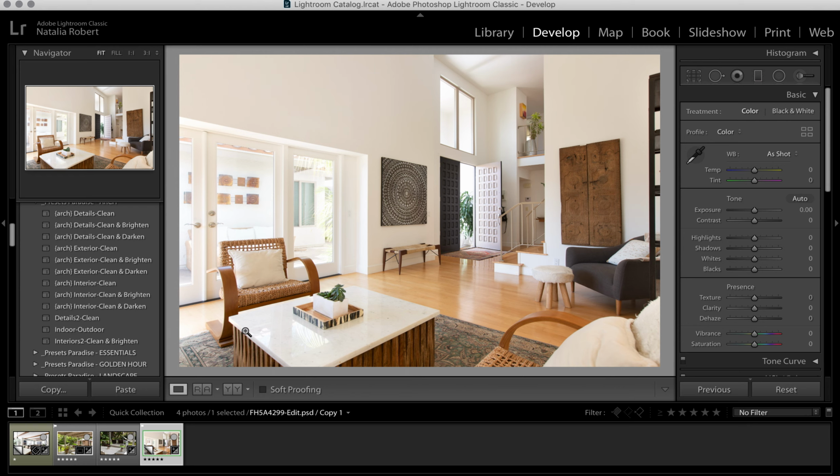So I think I'm going to try the indoor outdoor. Let's try that. So you can see that kind of brightened up the inside a little bit, tightened it up. That's one option. Here is the interiors too. Now this is really nice and bright. Might be a little bit too bright for what we're wanting in this space. It feels like there are areas that are a little too blown out. You do have the original interior presets,